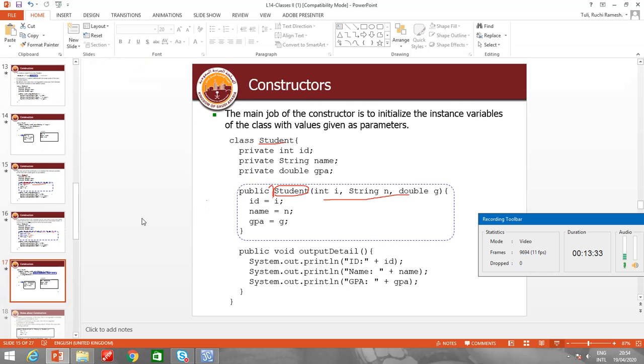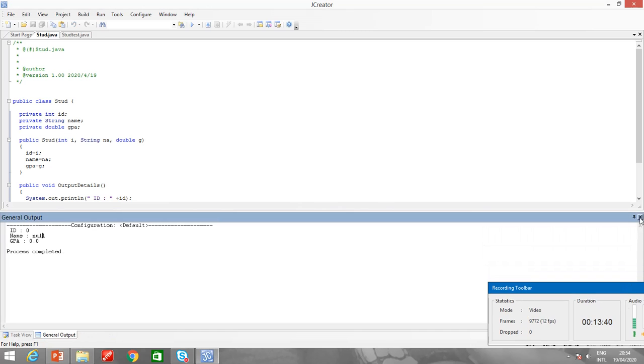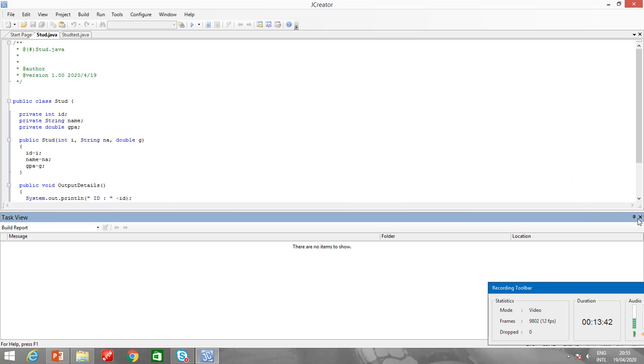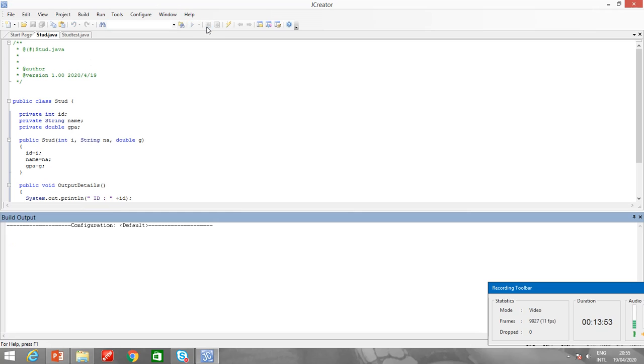Now the point lies over here is when I am going to create the main class, when I am going to create the object. Here if you see, I have created a constructor. I have passed 3 parameters over here because I have to initialize the value of the 3 variables, right? So this class is okay.